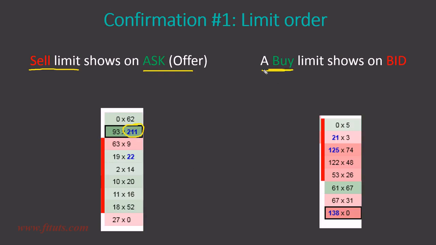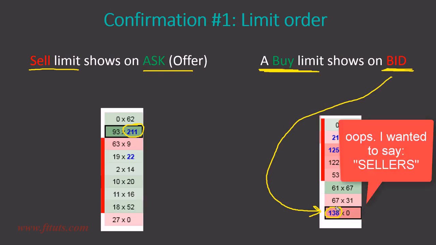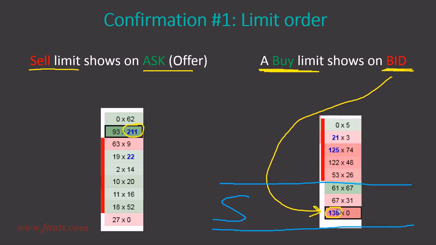A buy limit shows on the bid, which is in here. This is a big buying limit. Again, you can notice that the sell is red, so it sort of appears like those were aggressive buyers. But again, imagine that this is a strong support, and this huge limit order appeared in the